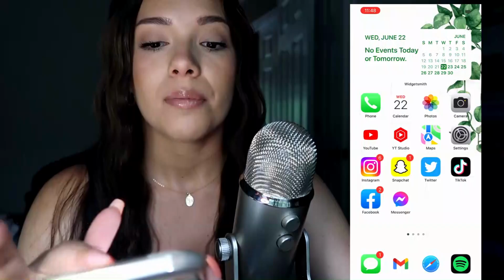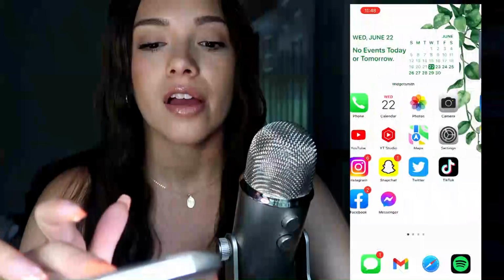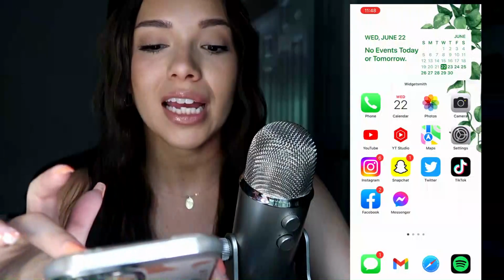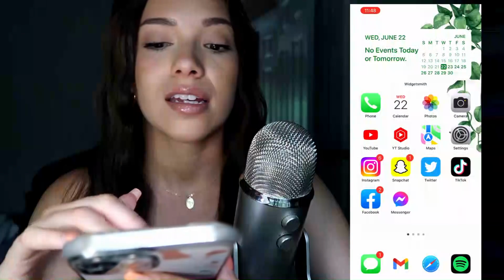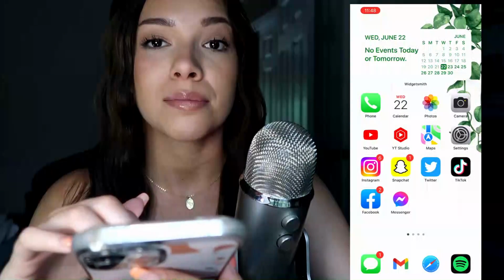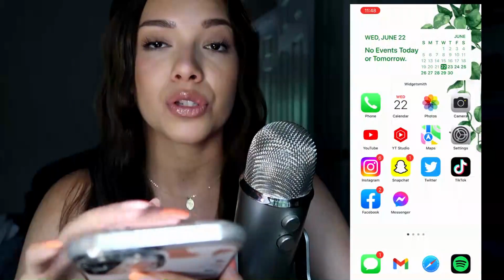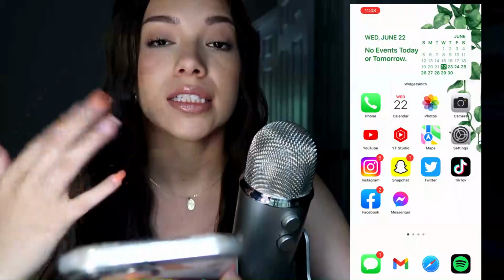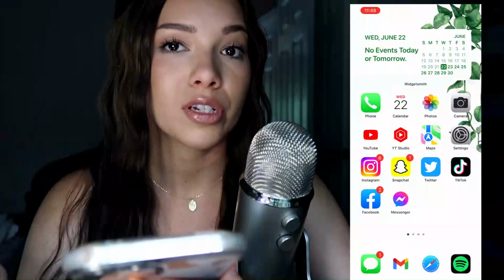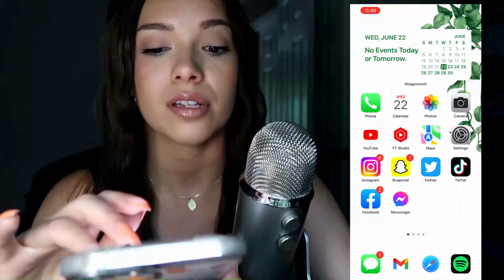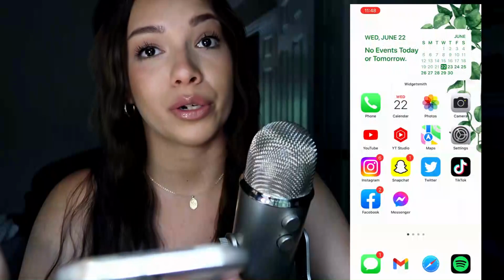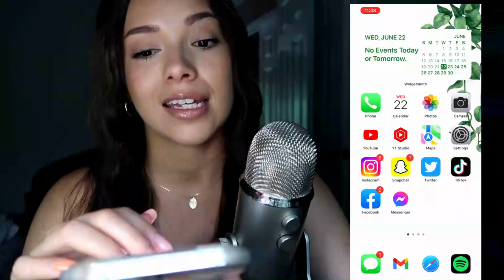Okay, so on top you can see here I have my calendar, and that is very important to me. I like to be able to just open my phone and see the calendar without actually having to go into the calendar app. I know that sounds stupid, but it's just quicker sometimes, honestly.